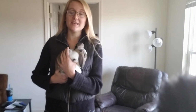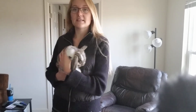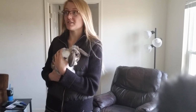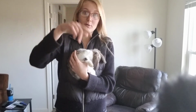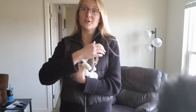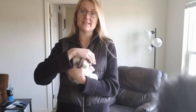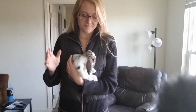But yeah, he was super relaxed, super calm, didn't really care. At this point, this baby is pretty relaxed. She's not gonna freak out and do a bunch. She might if there were other people walking around and poking at him, because, you know, the people who go to fair, they're always like, Ooh, ears, look at the cute little lop ears and the face. Let me pet your face. And so then the baby bunnies are like, oh my goodness, don't touch me. But beside the point,